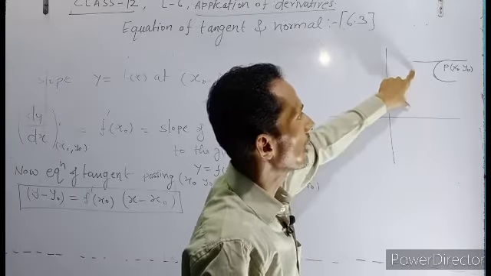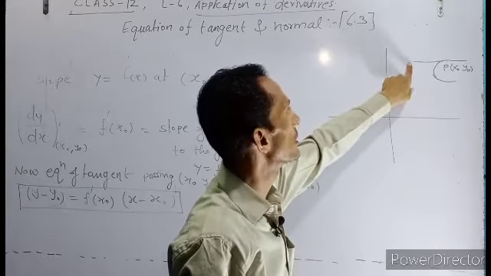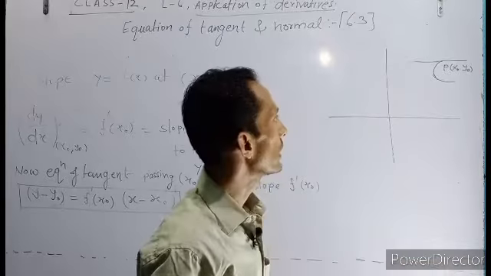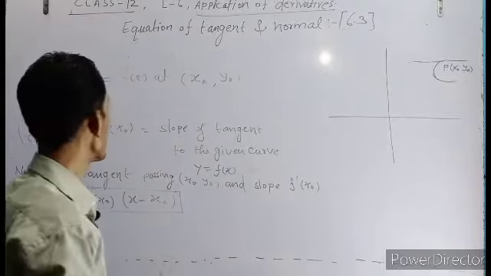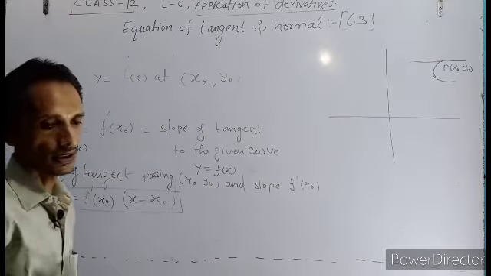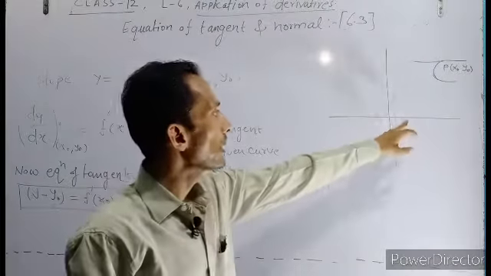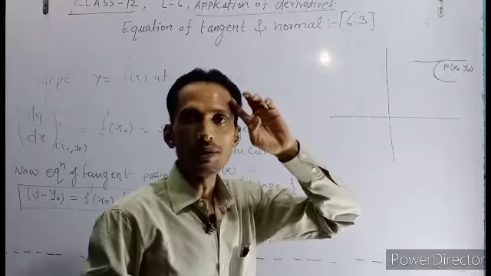What is the angle between the x-axis and the straight line? This one, tan 0. Tan 0 means 0. Slope will be 0. So in other words, we can say that if the tangent is parallel to the x-axis, then the slope will be,